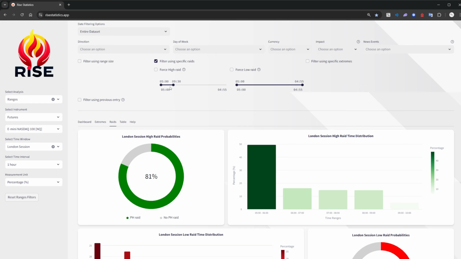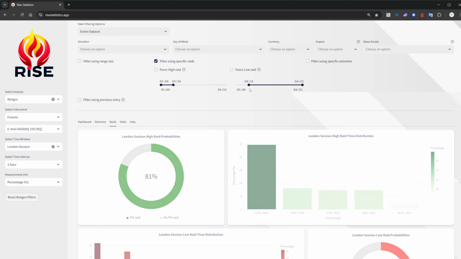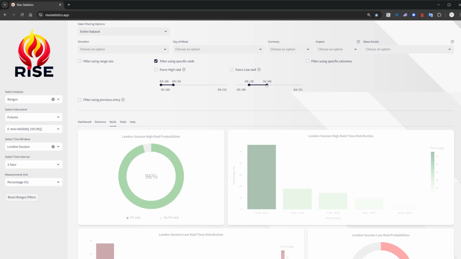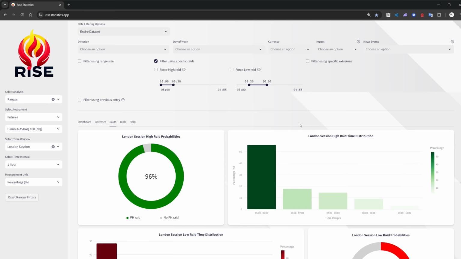But this is what we're focusing on, and then we're going to be focused on when we take the low after 9:30. What did I do here? Well, first of all, I said we're only considering if the high was taken between 5 a.m. and 9:30 a.m., and we're only interested if the low is taken between 9:30 and 5 a.m. the next day. We can go even more precise and say before the end of the session, right? So we'll just say before 4 p.m. on that same day. So right now we're looking at one specific thing, which is exactly what happened today.